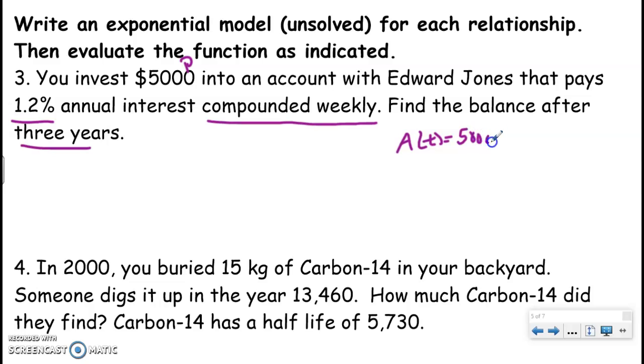So I have 5,000 times 1 plus, and then our rate is 1.2%, so 0.012, divided by compounded weekly, which is 52 weeks in a year. And then n, which is 52 times t there. So there's our model. Now we're going to plug in 3 for our t. If you type this in your calculator, 5,000, parentheses 1 plus 0.012 divided by 52, to the 52 times 3 power, it will be about